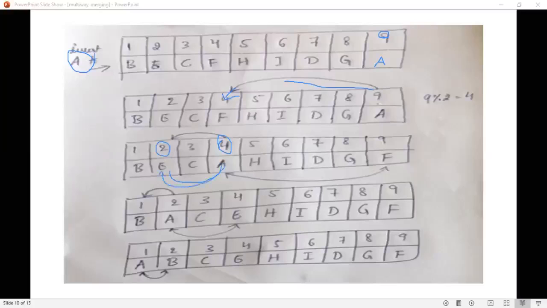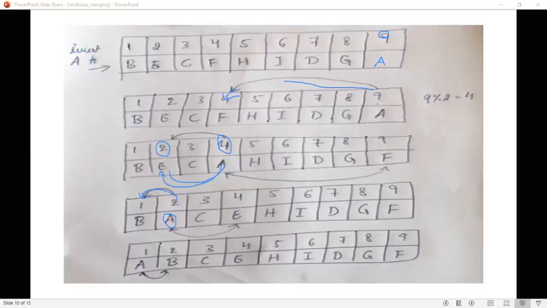Okay, and then again here you have to find the parent of A, that is index 2. Parent of index 2 is 1, 2 by 2, that is 1. And you have to compare these two, B and A, which is smaller. A is smaller, so you have to exchange index 2 and 1. A you have to move to the first position and B to the second position. And so this is reordered. This is how reordering is done in heap sort.